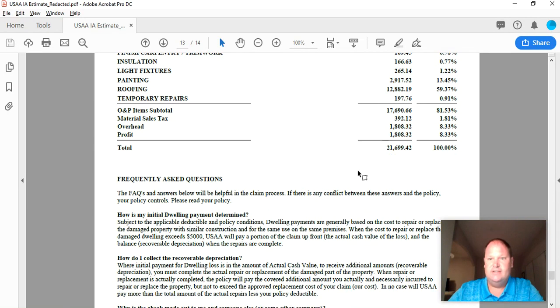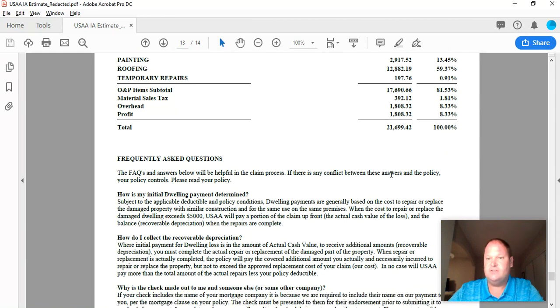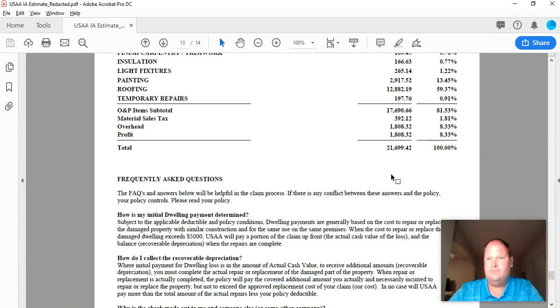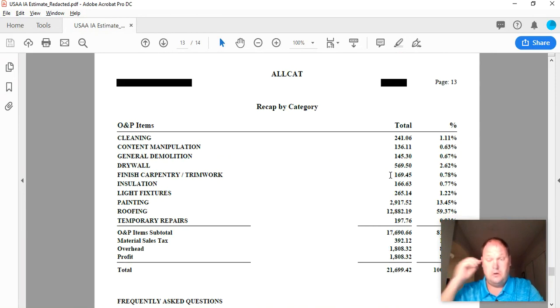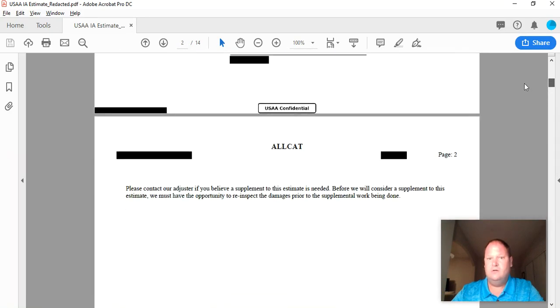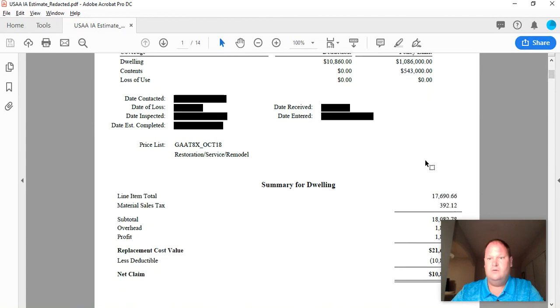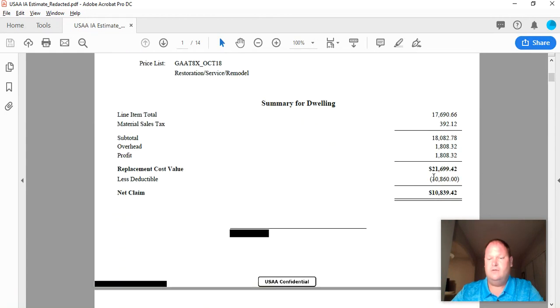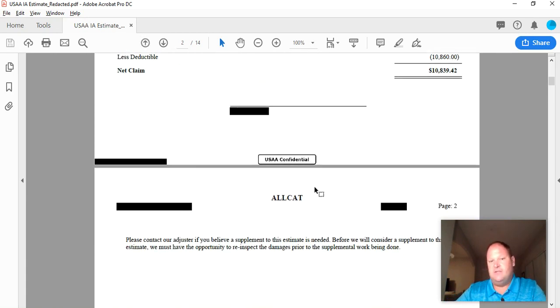material sales tax, and this is your grand total of $21,699.42, which should add up to the same $21,699.42. Yep. Total replacement cost value of $21,699.42. Now, one thing that is missing from here would be